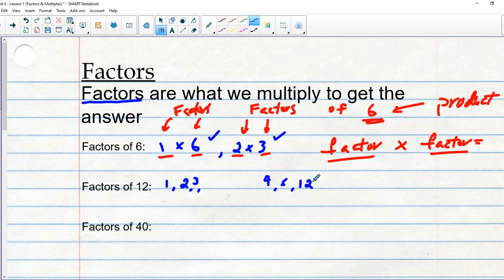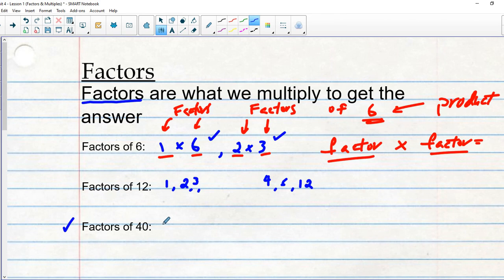8? 12? Yep, that's it. That's the complete list, right? Now, there's something that we also call the rainbow method. Okay? And I'm going to show you that in a moment as to why we call that. It involves a rainbow pen. So that's nice. Now, let me demonstrate the rainbow method to you by using the next question, the factors of